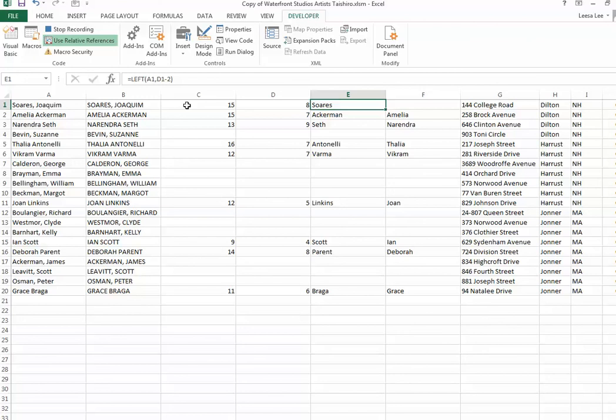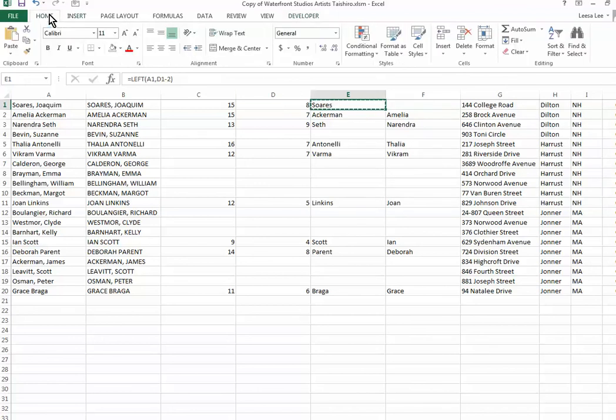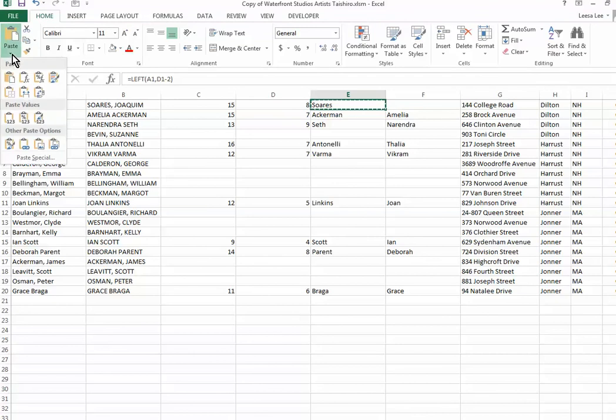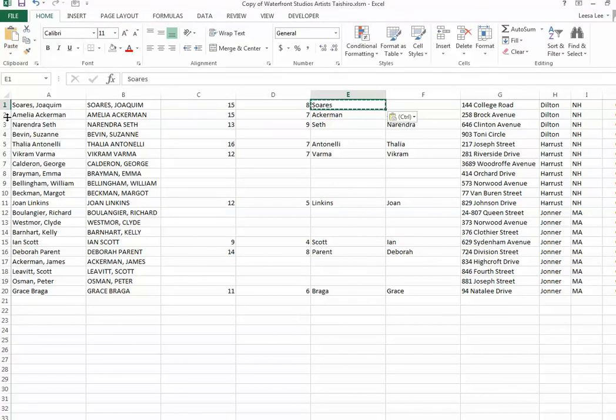left function typed in there, you also need to replace that formula with the actual text. So once you've written the formula in there, you see on your formula bar the results of your formula, but we need to convert that to actual text. We do not want a formula to be there in the end. So with that cell selected, we copy, Control C, and then on the Home tab, paste drop down and go to paste value. Okay, now we're ready to move on to step 6